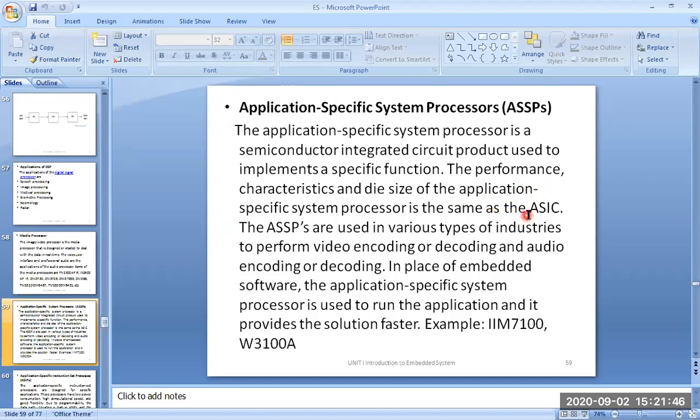So if you use a DSP processor, you don't have to carry out multiplications in many steps; with just one instruction you can carry out the multiplication, because there is a multiplier in the DSP processor. So DSP processors are a little faster than general purpose processors.